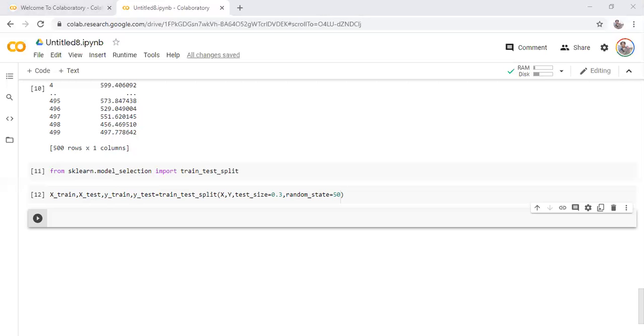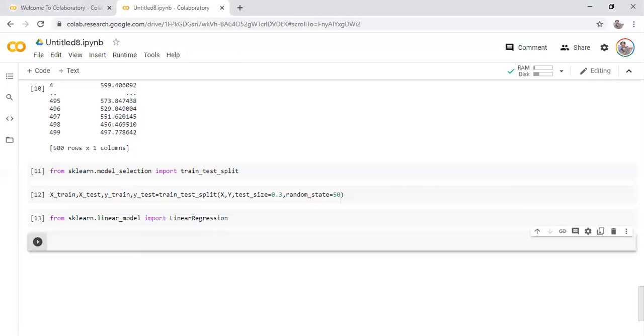Okay. So now we will import the model, linear regression. So we have imported the model. Now we will fit the model and train it.